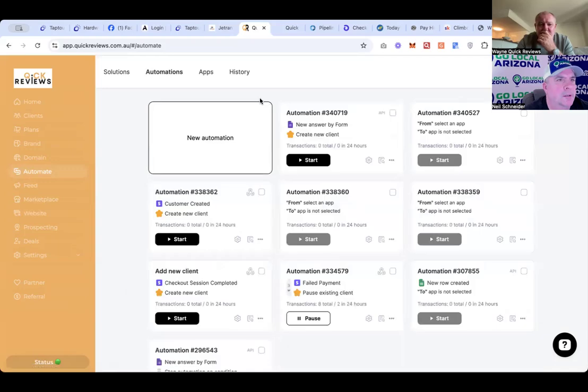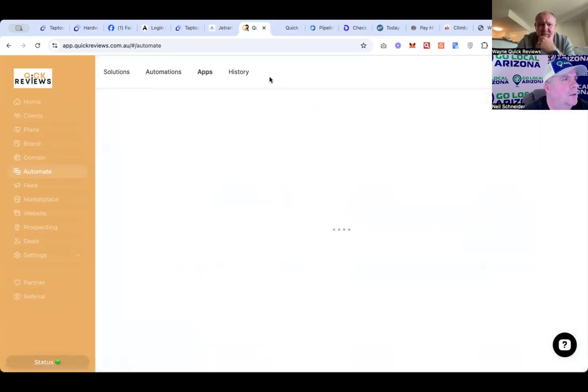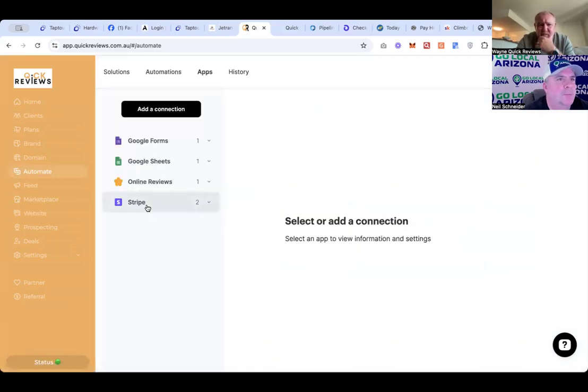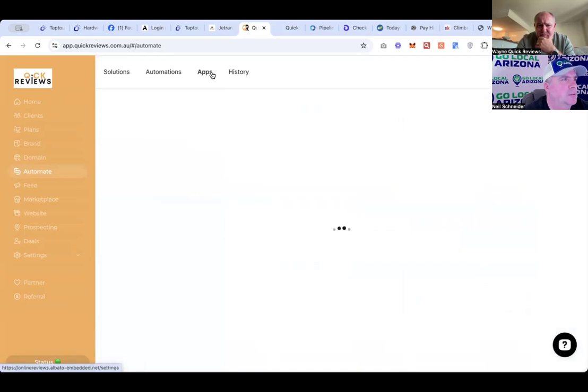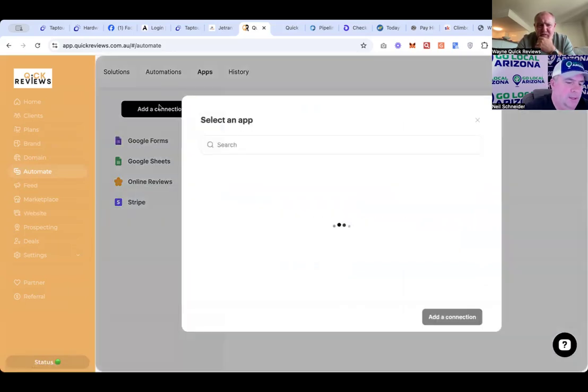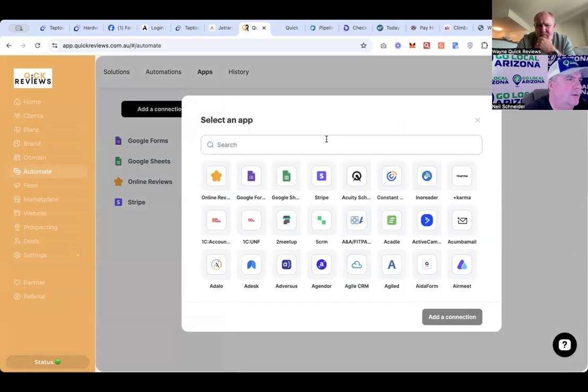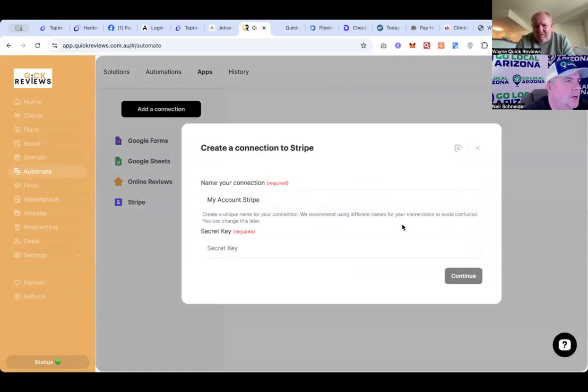Okay, so let's go to your apps. So you did new automation. Oh wait, add a connection. Yeah, try the add connection. Mine looks a little different. How come yours looks different? Mine's probably a generational thing. So if you go add connection, I do see a Stripe. Okay, add the connection. So if I add my Stripe,